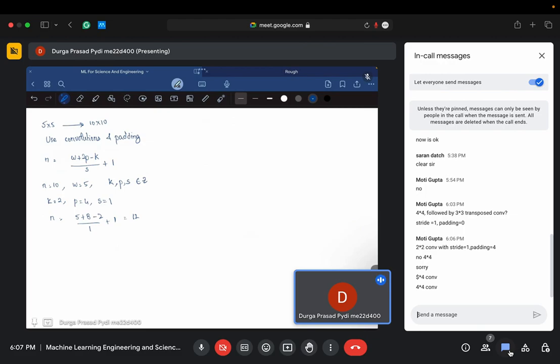Okay, 4 by 4 convolution, sorry. So if I use a 4 by 4 convolution, this is going to be 4, 8. So even then it's not satisfying, right? 13 minus 4 is 9, plus 1, 10, right? I want n to be equal to 5. Sorry, okay, W input is 5, so n equals 10. So we got n equal to 10 with this particular combination: a 4 by 4 kernel with padding 4 and stride 1. So now you see that you have gone from 5 by 5 to 10 by 10 just using convolution and padding